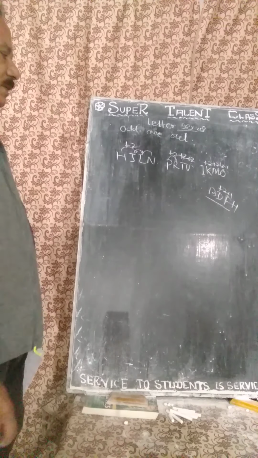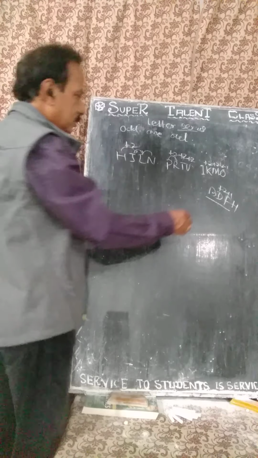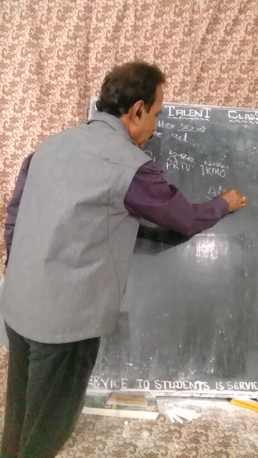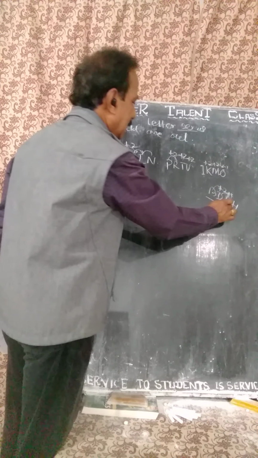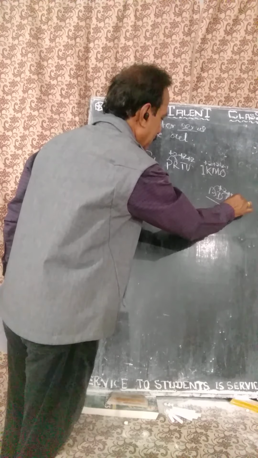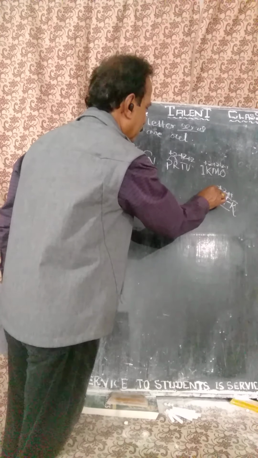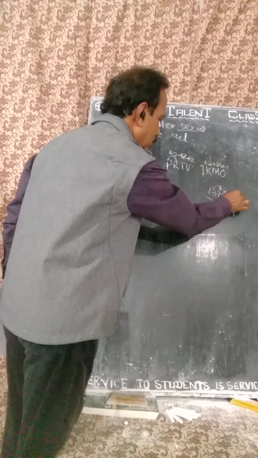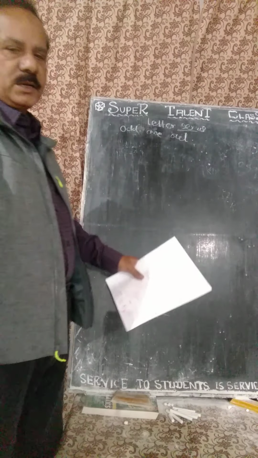That is A, B, C, D, E, F, G, H, I. Then B, D, F, H plus 2. Suppose F, H, K, this is wrong. It should be plus 2, plus 2, plus 2: F, H, J. But here is the K, so it is wrong. Very simple. Easily you can do it. So that is all about the letter series odd one out that I have told you, with different sequences.